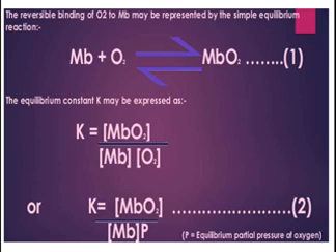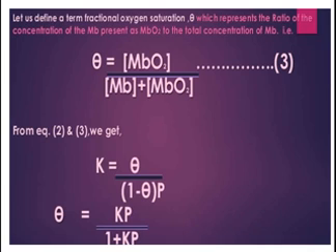Then the equilibrium constant is given by the product divided by the reactants. Here the product is oxymyoglobin and the reactants are myoglobin and oxygen. Further, the equilibrium constant is represented by K, and K is equal to MbO2 upon Mb and O2, whereas for oxygen we replace this term by P. P means the partial pressure of oxygen, which I have already discussed: the partial pressure of oxygen is more in the lungs and lesser in the tissues.